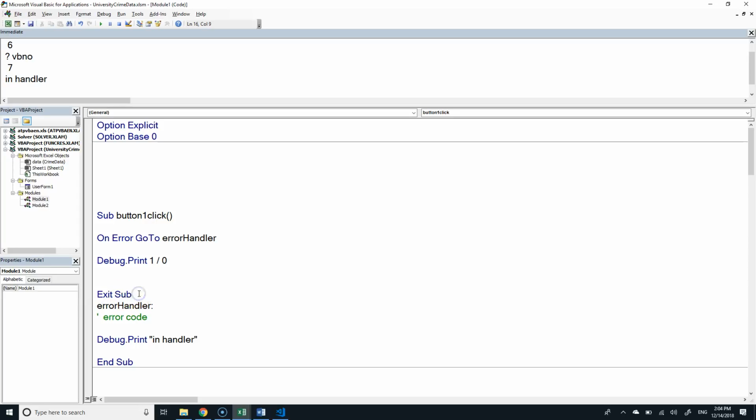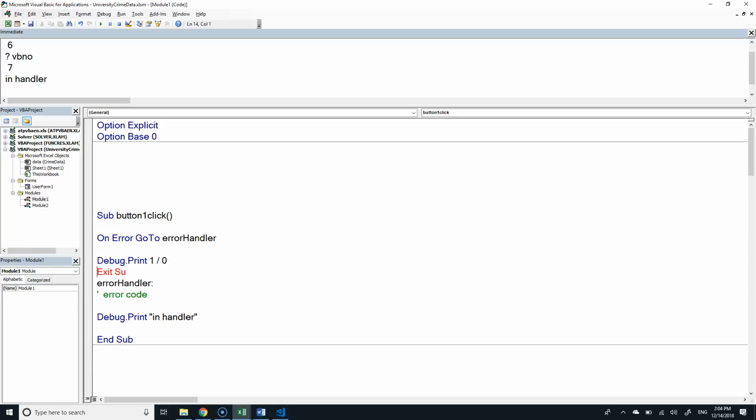So let's go ahead, and the question is, what if this exit sub's not here? Okay, so let's make this so that we don't have an error. So now there's no error, but when I run this, it still tells me I'm in the handler because it's still getting into that code from the handler. It's just running down, no error. We got to the error handler, and it doesn't understand that the label means anything to do with an error. It's just a place you might want to go sometime. Great, and then it just keeps executing right through it.